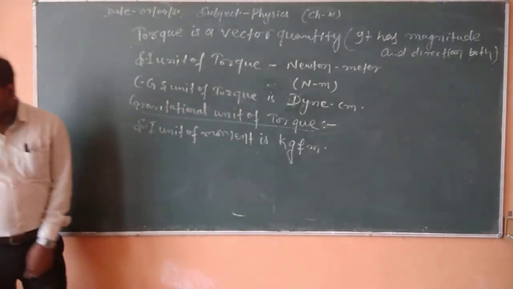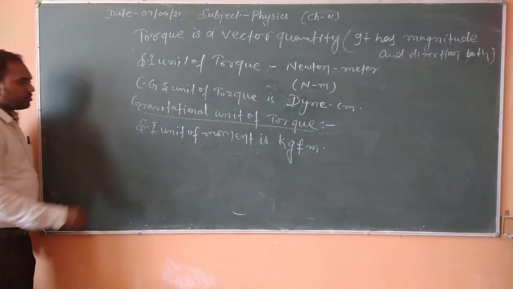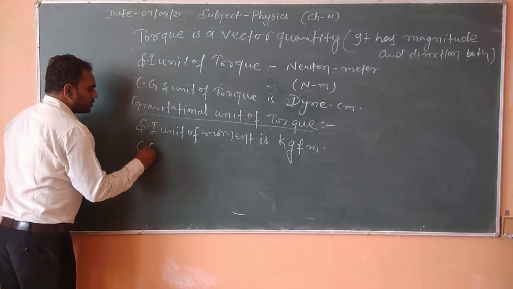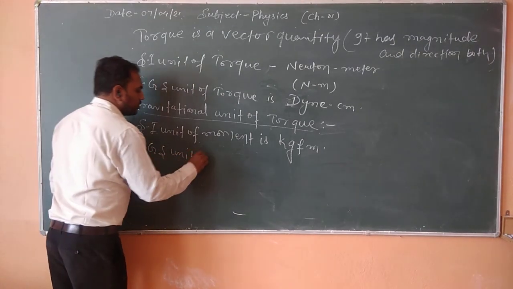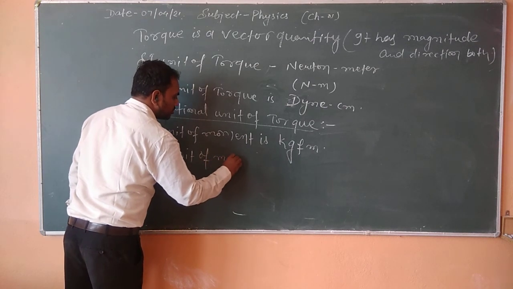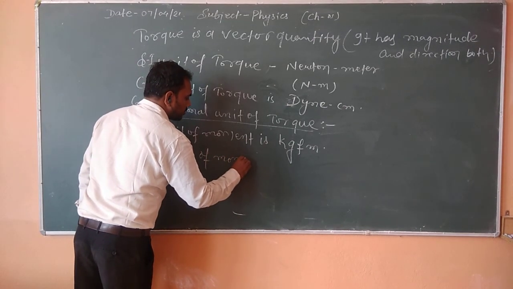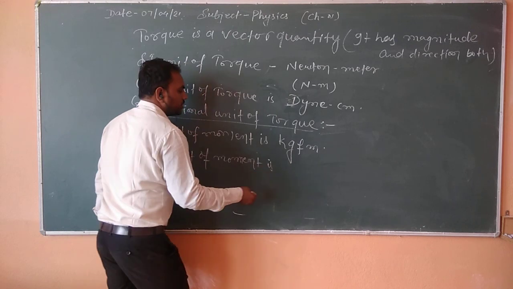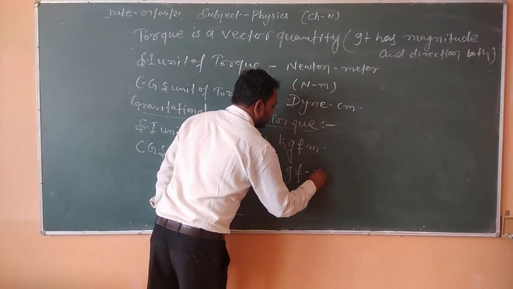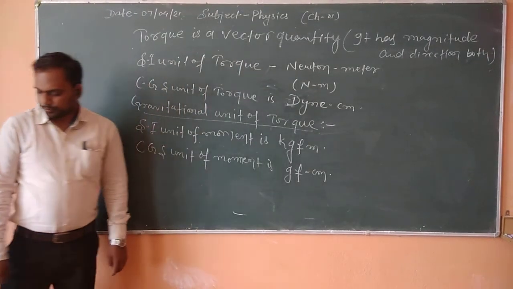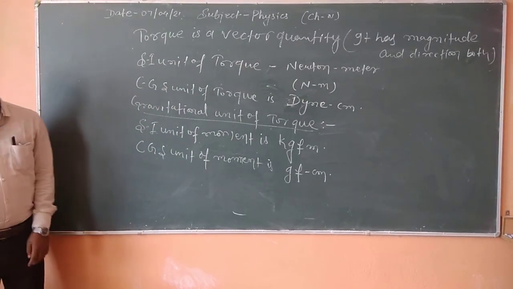Okay, and the CGS unit of moment is gf centimeter. Okay, its value is